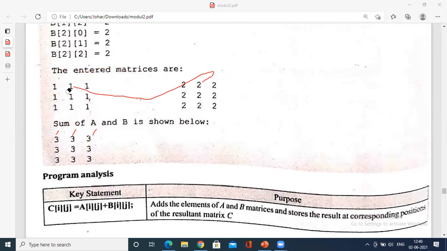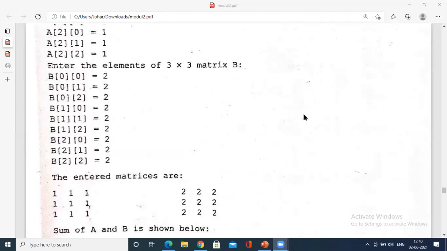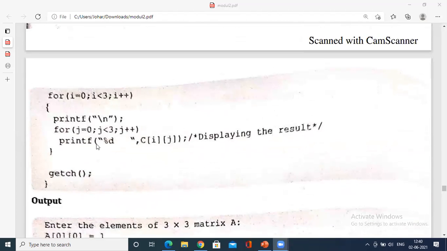What is the storage? In c of 0 0, 3 is stored, but you have to show it on the output screen, no? That output will be shown in the programming by using this. See, for i equal to 0, i less than 2, you are printing the individual c of 0 0 in the first outer for loop, no? c of 0 0, that is 0th row 0th column, 0th row first column, 0th row second column.